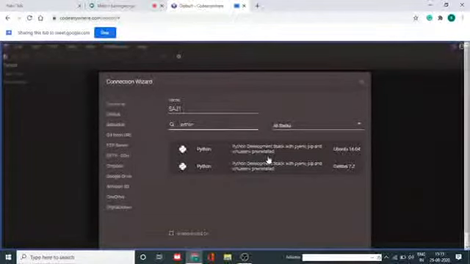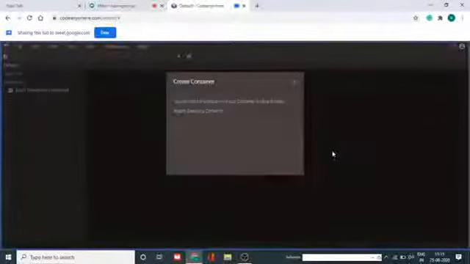And here this is the actual operating system platform on which you want to work with Python. Either you can choose this or you can choose this. Suppose I would like to choose this one. Just press enter over there, then it will create a container.